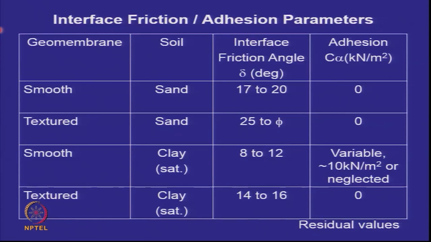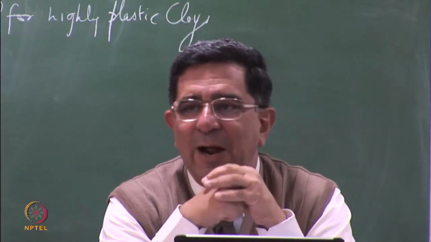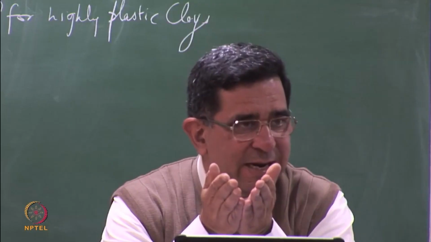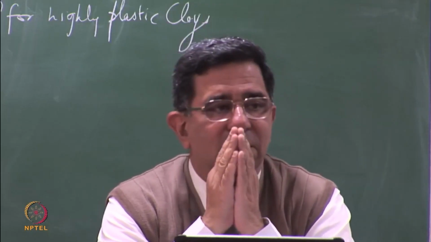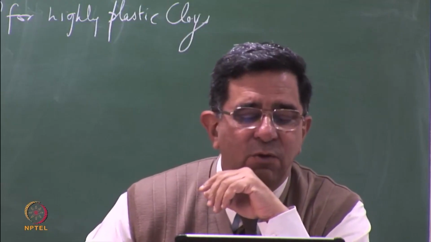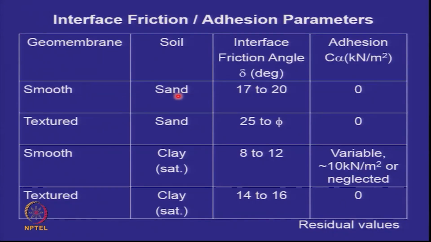Historically, we started with smooth geomembranes. So all our first set of 5 to 10 years, before we realized how terrible it is, and before we got the technology of making texturing, we started with smooth geomembrane. So let's look at what happens if you have smooth geomembrane and the soil is sand. How will you find these values? How will you find interface friction values? By doing